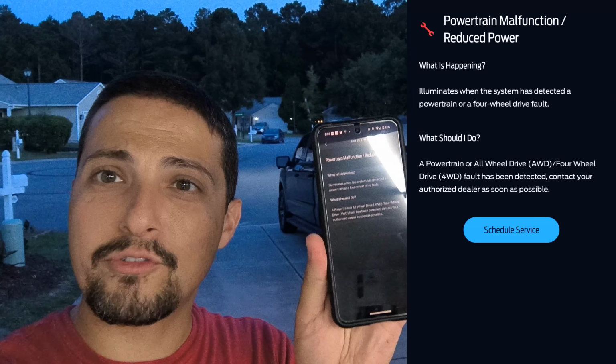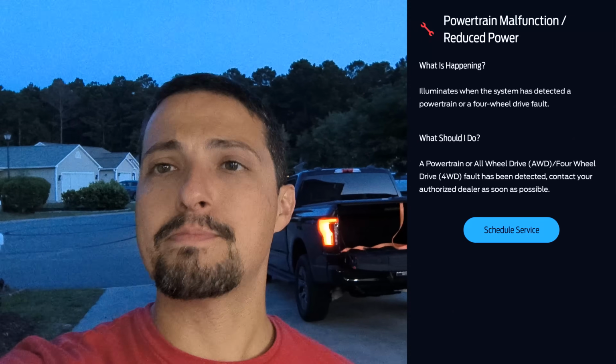I also get a warning in the FordPass app. Let me get the actual wording here. All right, so here in the FordPass app, it says Powertrain Malfunction, Reduced Power. Now, I haven't seen an issue with it being reduced power. However, I do keep getting this light that pops up every once in a while. So it'll go on for maybe a couple power cycles, and then it shuts off for maybe a couple power cycles,